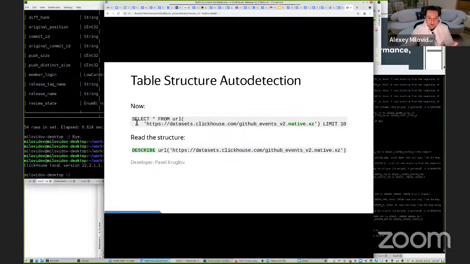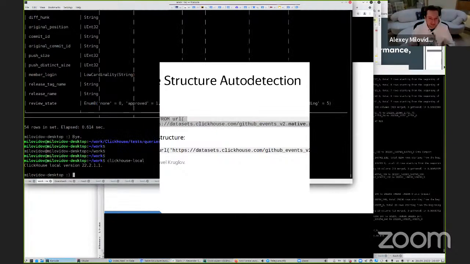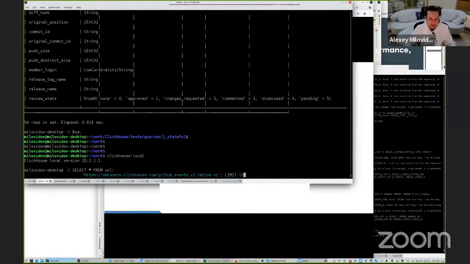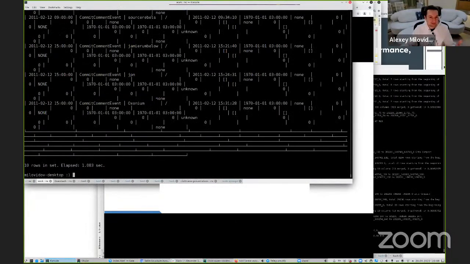I will simply copy-paste this query and see what will happen. What do you think? Will this query succeed or not? Because live demos, you know, sometimes something breaks. Write what you think on YouTube or in Zoom chat. It should be interesting. Okay, let's try. It works. It works perfectly.